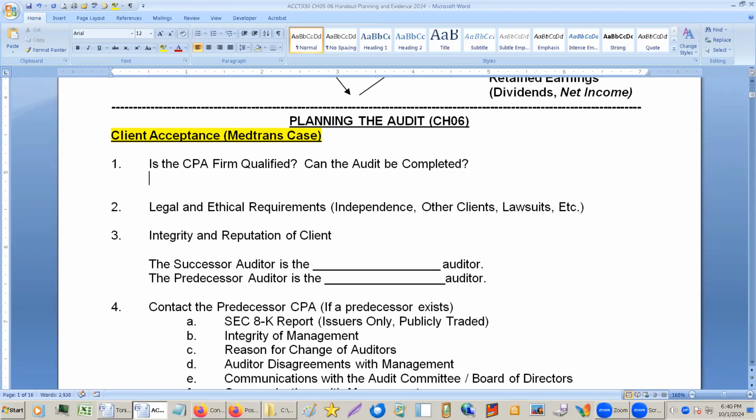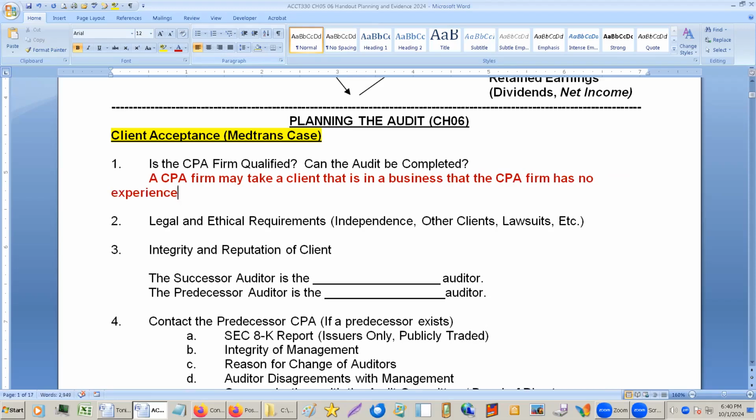Okay. Hey, what happened here? I thought I had it. A CPA firm may take a client that is in a business that the CPA firm has no experience in. If the CPA firm reasonably